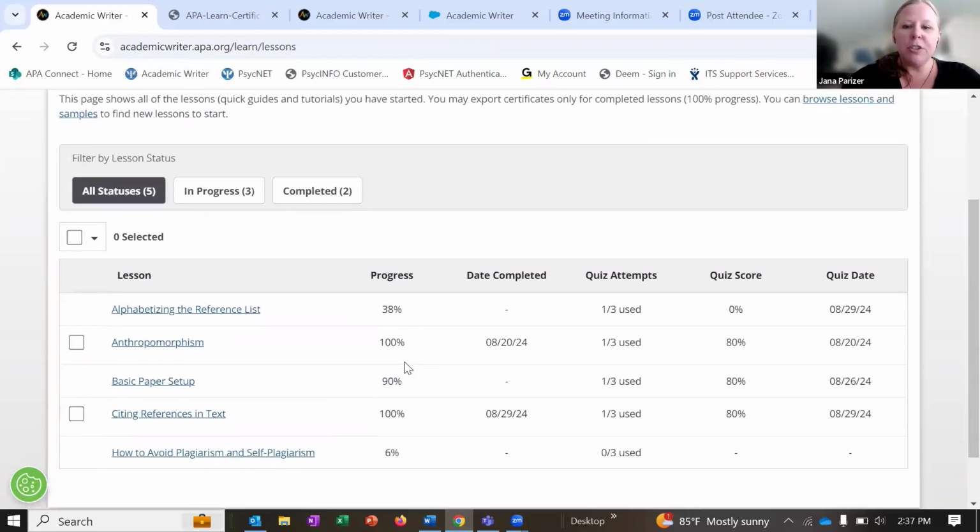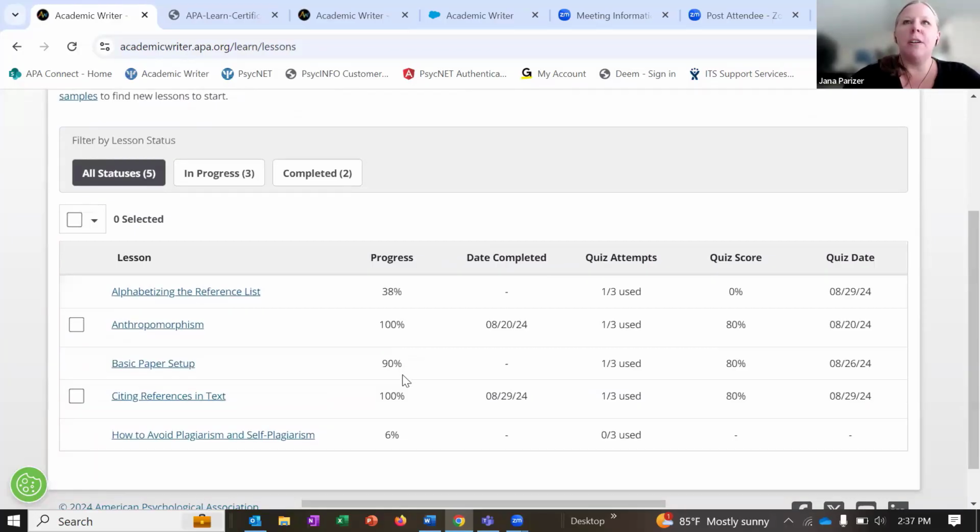But we do really, really want to hear as much feedback as you can give us. So if you're going through the content yourself or if you're hearing from students, please reach out to us. We've already had one librarian reach out several times about some of the content. So it's been very helpful.